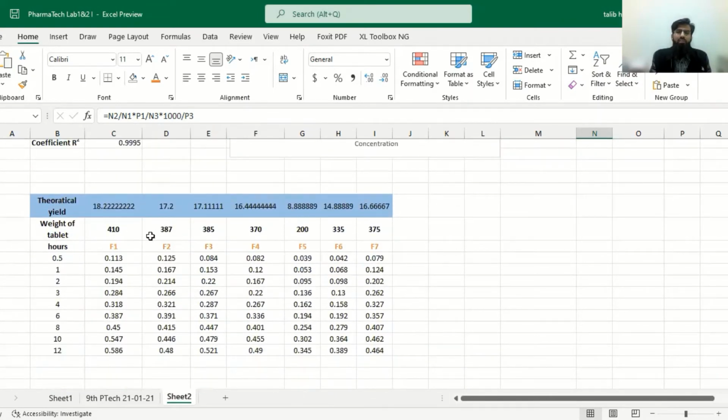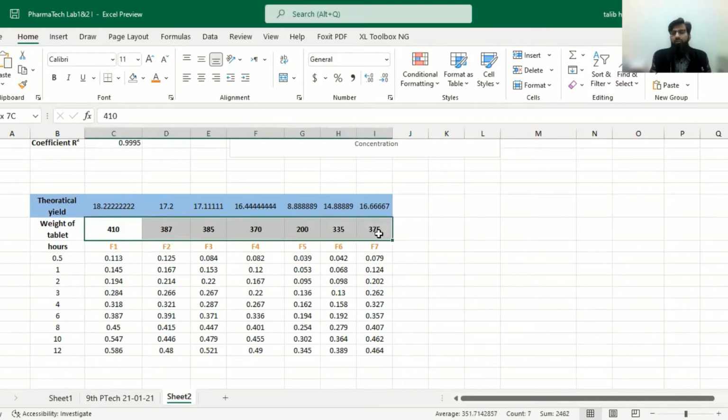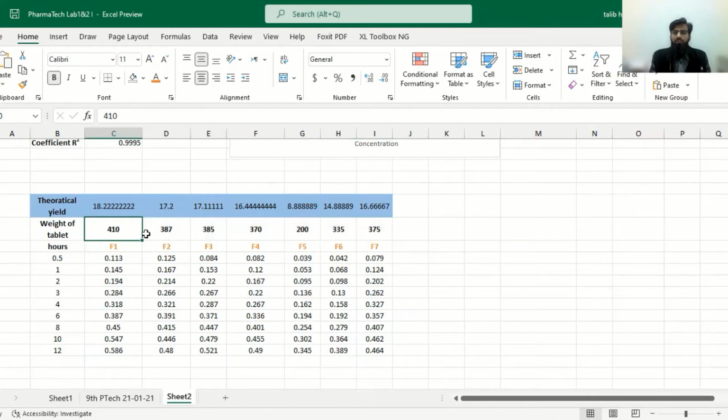Then we have different weights of different formulations. For example, the F1 formulation was compressed to form a 410 milligram weight. F2 gave 387 according to content uniformity. This weight was the average weight. For F3, 385, for F4, 370, and for F5 it was less.